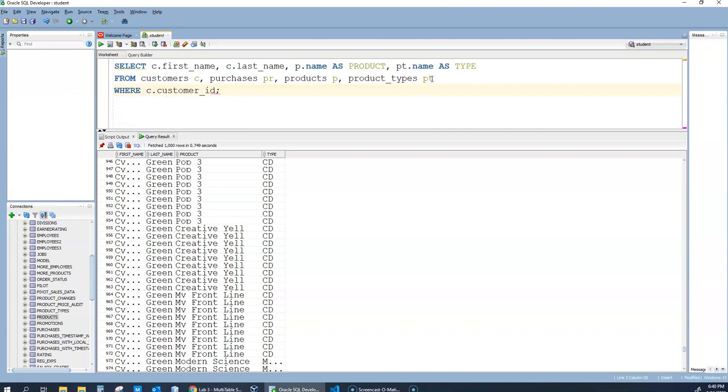So where the customer ID is equal to the customer ID in the PR table, whatever that is. So purchases, where the customer ID in the customer table is equal to the customer ID in the purchases table. So this is where the primary key of the customer table is equal to the foreign key, which is customer ID in the products table. Then we're going to AND that with,